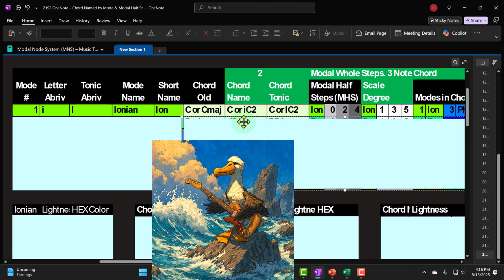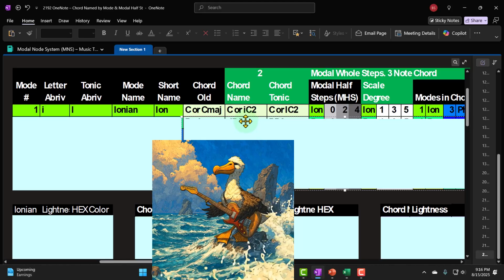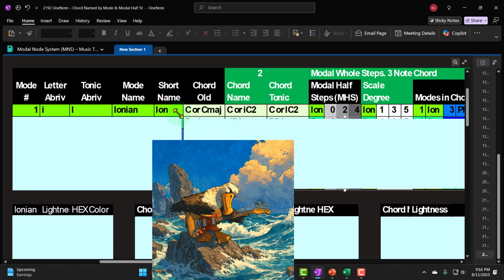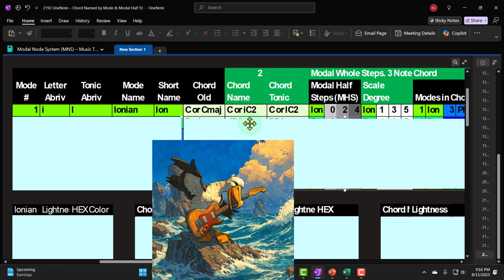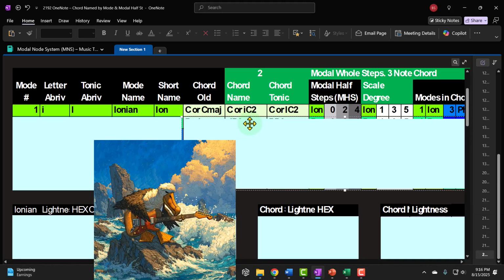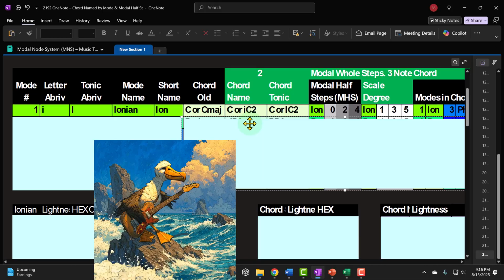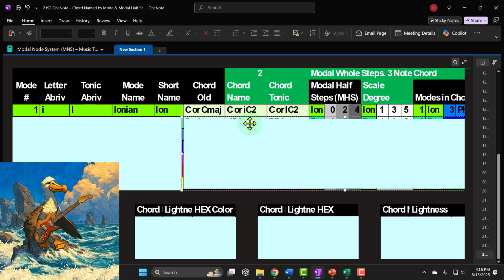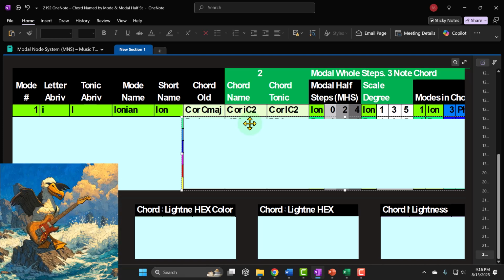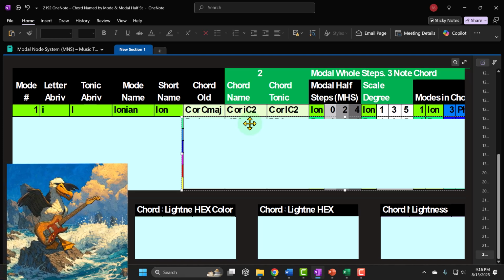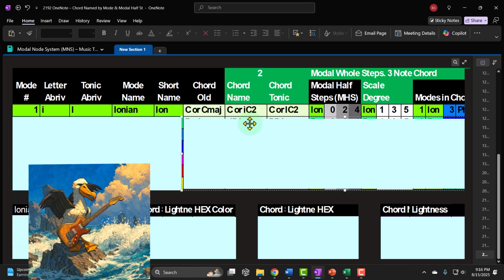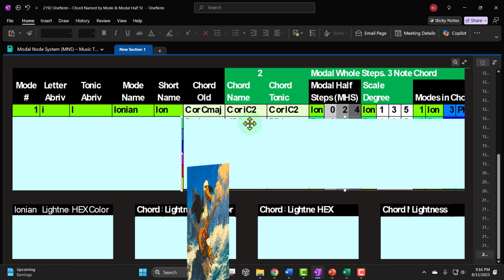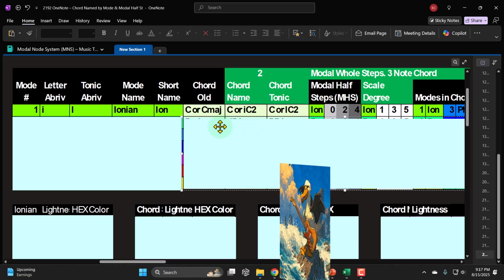Well, so I can color this two different ways. I can color it by the note, which is C, which is lime green, but I can also color it by the node, which is C. Now, notice if I color it by the note name, it's going to have a problem because there's different C chords. It might be a C major, or I might be playing in C minor, and they're both C chords, which would have the same color. That's the problem. But if I use an absolute color system based on the nodes, then we don't really have a problem, right? This is the Ionian